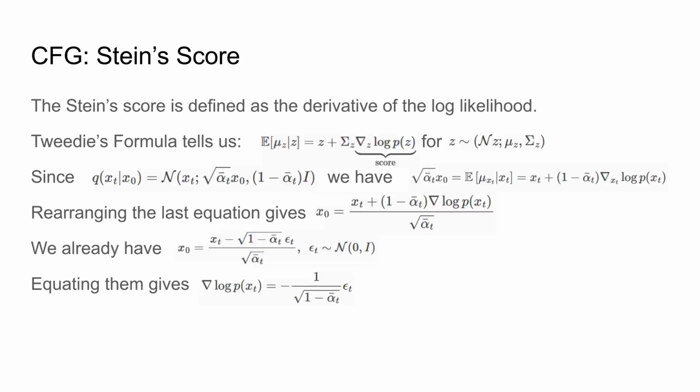To do this, we first want to introduce the concept of score. There's another more famous score, which is the one used to derive the Fisher information matrix. That is the gradient of the likelihood function with respect to the model parameters, which is not the one we're going to use here. The one we're going to use here is called the Stein score, which is the gradient of the log likelihood with respect to the data. And if the variable follows the normal distribution, we have this formula telling us that the expected value of the mean of the normal distribution given an observed sample equals the sample plus the variance of the normal distribution